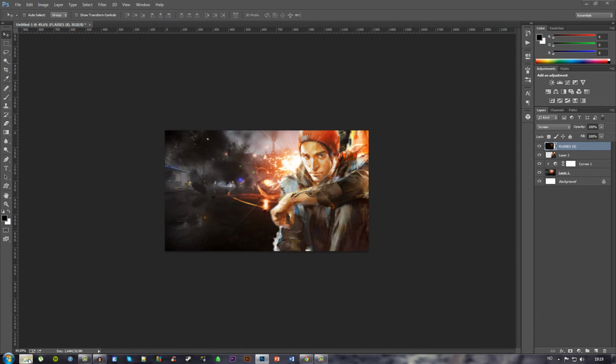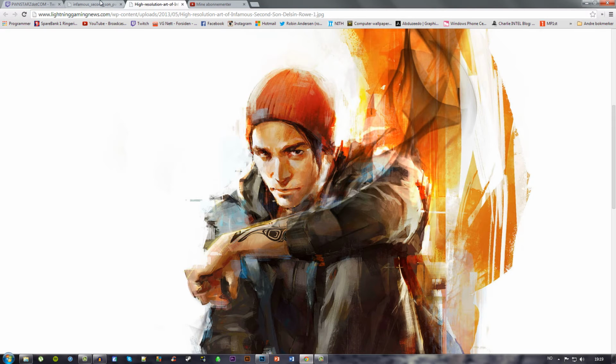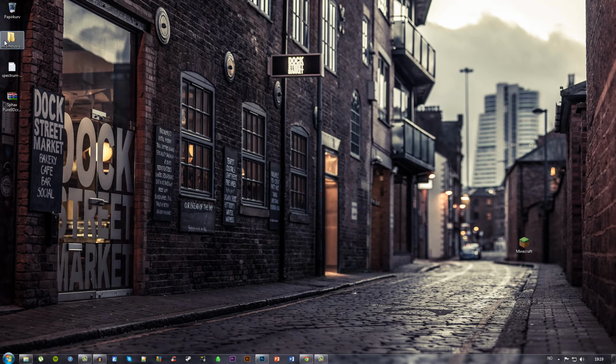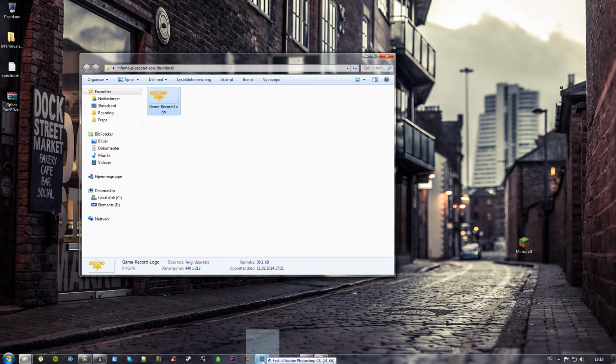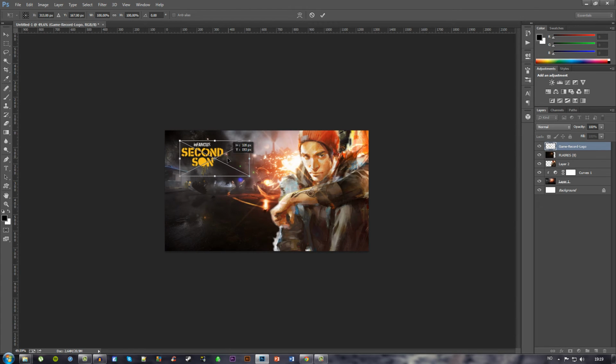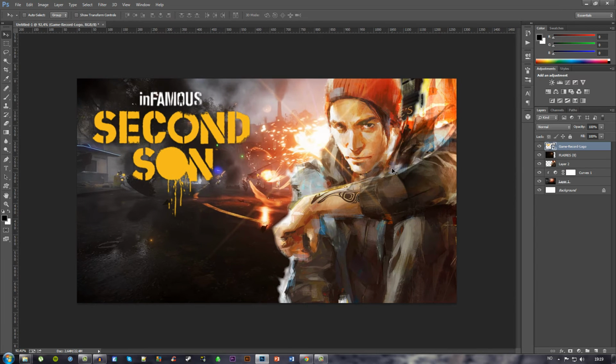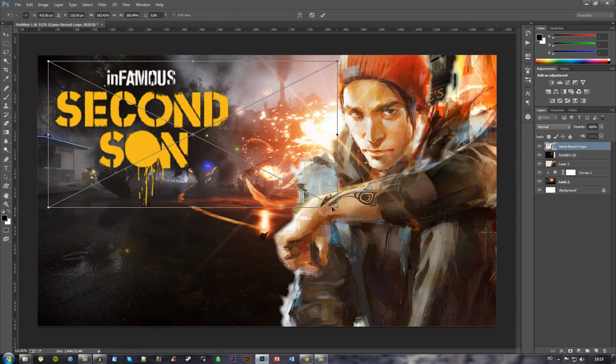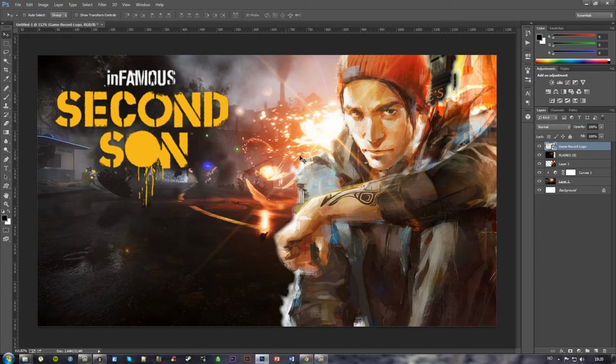Alright, so now with that done, let's see, where did I put the image or the logo? I think it's here. Yeah, here we go. It's a PNG logo of the infamous second sun, which I will scale up a bit so that we can see it when we zoom out, even though you shouldn't need to. If you're playing Infamous, you probably should recognize this guy. I don't really play Infamous. I don't even know how many games there are, but I know there's a game coming out for PS4 in not too long,